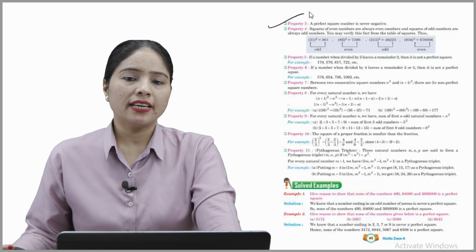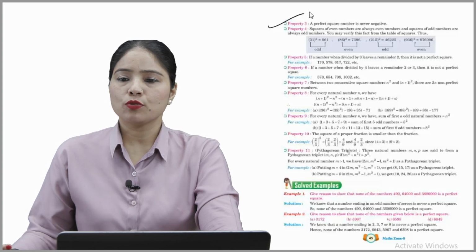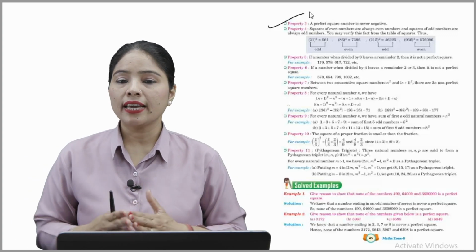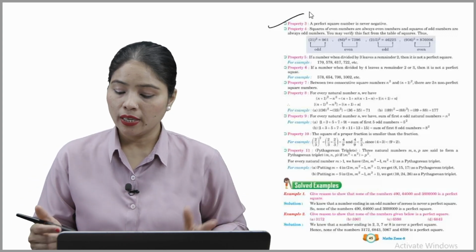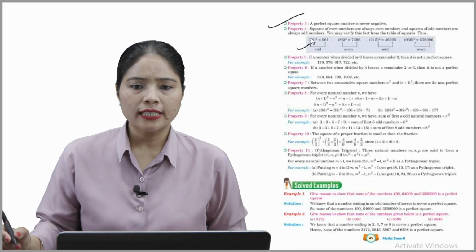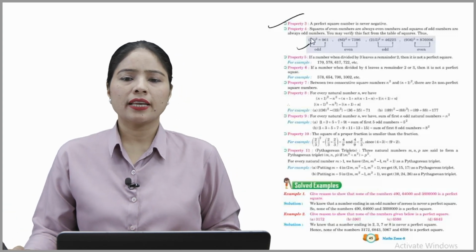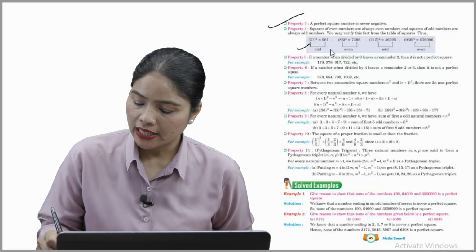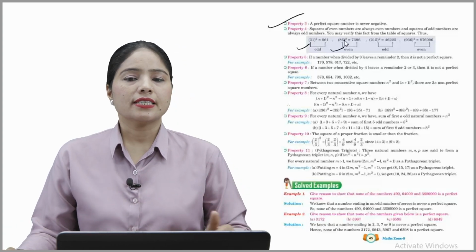You may verify this fact from the table of squares. Thus 31 की जो स्क्वायर है हमारा वो कितना है? 961 है. तो ये हमारा क्या निकला? ऑड निकला. 86 स्क्वायर है हमारा, क्या बना? 7396. तो ये हमारा क्या है? इवन नंबर. एंड सिमिलरली